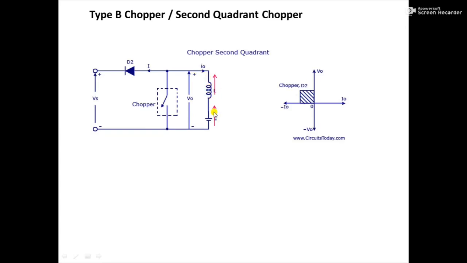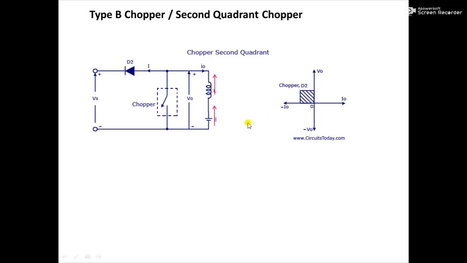You can see here, just concentrate at these pink arrows. Don't consider this I0, just concentrate here. This is the flow of current, and the current is now flowing in the upward direction. In the previous case, in class A type, it was in downward direction, so those were positive values of current. So here these are negative values of current, and that is why it is shown in the second quadrant. This is the negative side of current values. We will further see what happens in the second case.